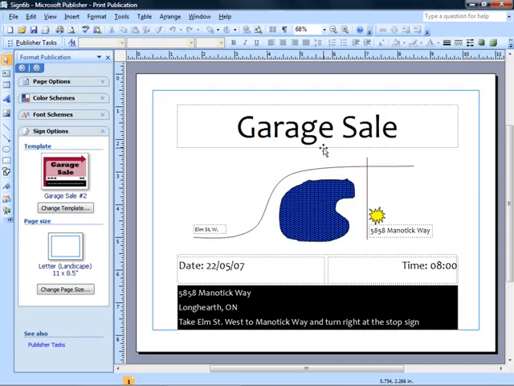We're going to start with this text box, and you can see when we touch the border we get the four-sided arrow. So when you see that, give it a click. That way you're not inside the box to edit text, but you're actually on the box itself. And now we can change the line style. So let's go up to our formatting toolbar. There's our line color that we looked at in the previous lesson, but if we skip over a couple, you'll